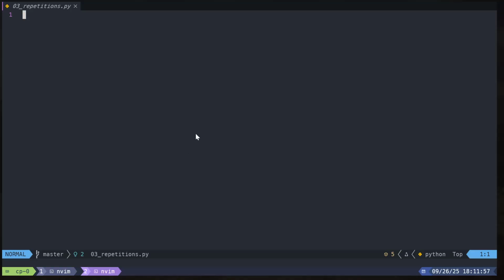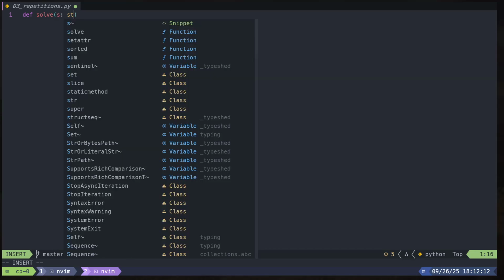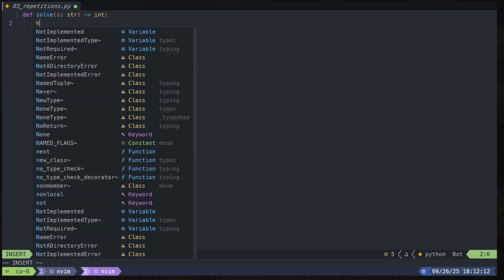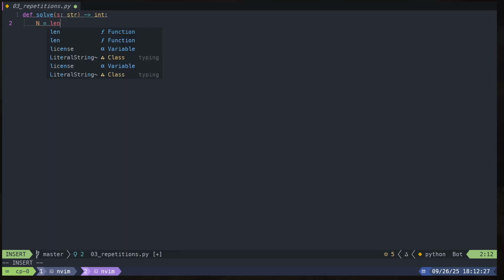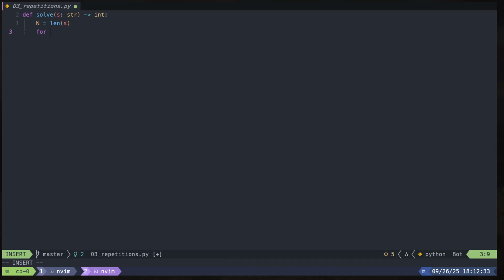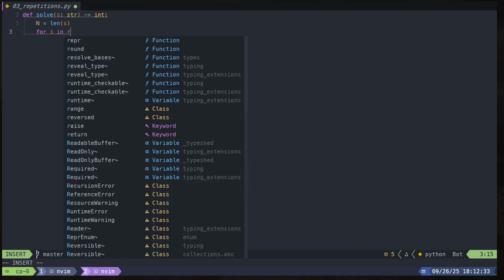Yeah. So let's write this. Define solve. Now our input is a string, in Python it's just str. And then our output is an integer. So let's say n is the length of the string. Now for every character in the string, so for i in range,